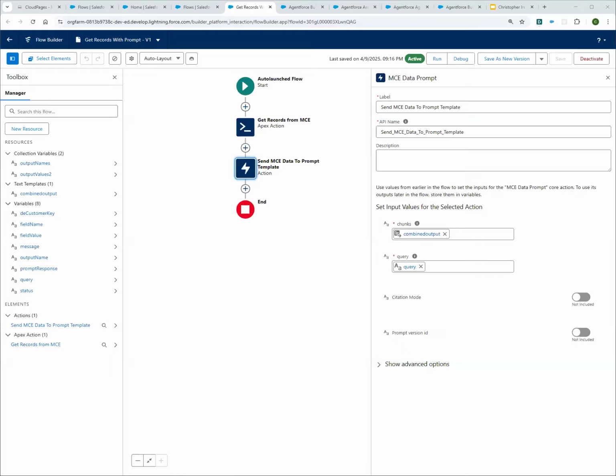Some of the gotchas you do want to cover is explaining the context that I'm using. The purpose of this is to be used in an auto-launched flow so that you get the inputs and outputs set up the correct way so that it actually will feed the information. But it has done pretty well, producing essentially what I wanted on the first try. So very cool, and that has been a huge time saver.